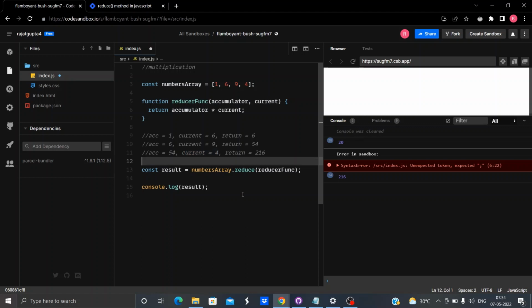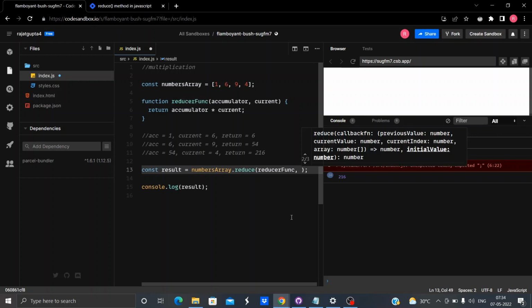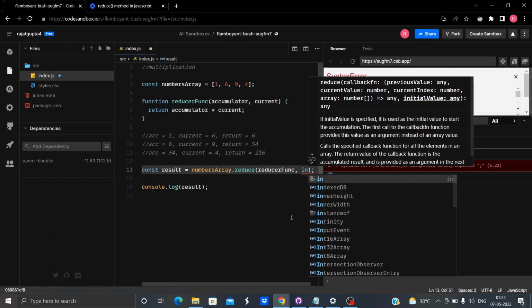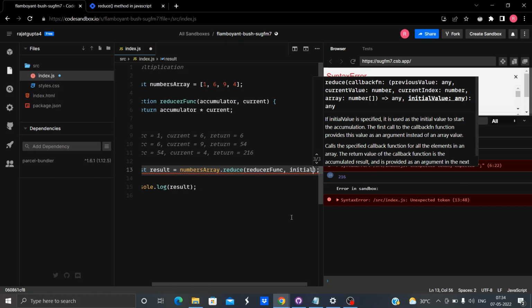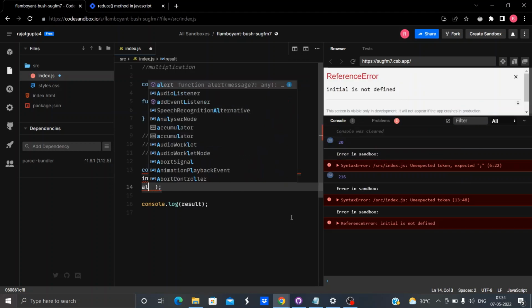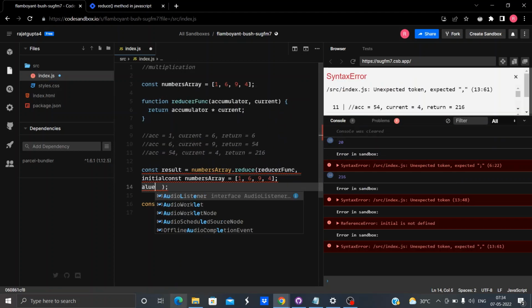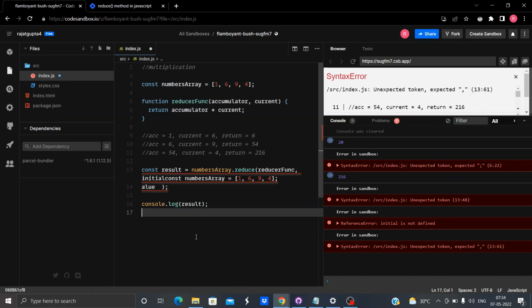So it's done. Let me tell you one more thing. There is one more argument that you could give to the reduce method, that we'll call the initial value.